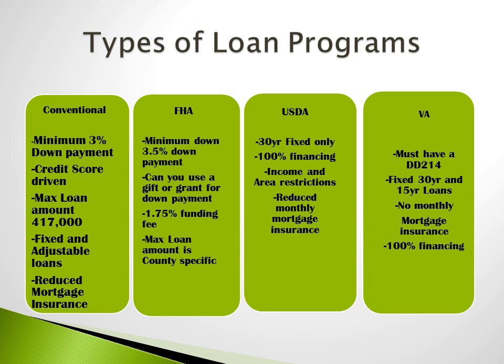Going into types of loan programs, guys, this is the general overview. Much more detail once we sit down and go over this, but there are 4 types out there. There's conventional, FHA, USDA, and VA. On a conventional loan, the minimum is 3% down. It's a credit score driven program, which means your rate will depend on where your credit score lies. Maximum loan amount is $417,000. There's fixed loans and adjustable mortgage loans out there, and it does offer less in monthly mortgage insurance comparable to